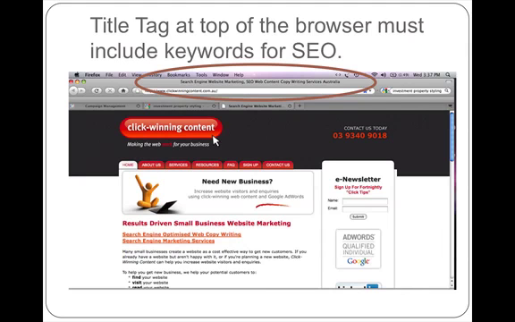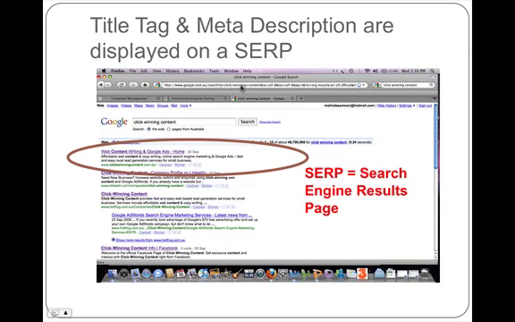Key takeaway here, if you're not familiar with the page title at the top of the browser, it's this line of text here. It's the most important place to put your keywords in terms of optimizing your copy. So you might need to write that and send it to your web developer to add to your site, or get your web copywriter to write it. Or if you've got a content management system, it might let you add it in as a page title on each page. But really important thing to understand.